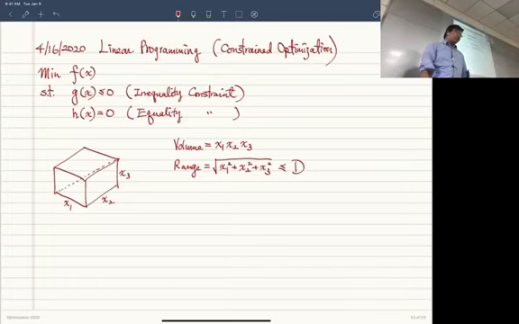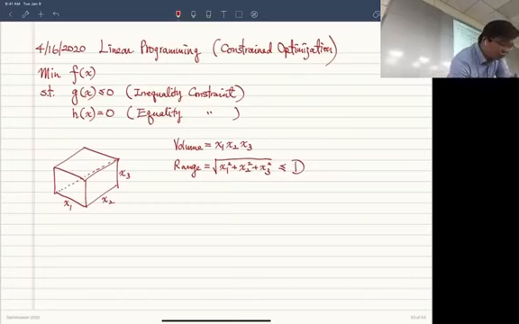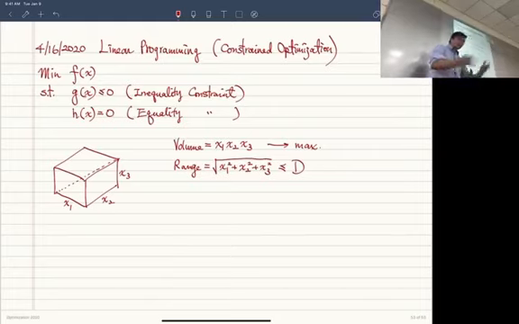So probably you're trying to find the largest box that fits in this spherical container. So in this case, actually you try to maximize your volume, but you have this constraint. And maybe you need to also set up some limits for x1, x2, and x3 so that you won't have some design